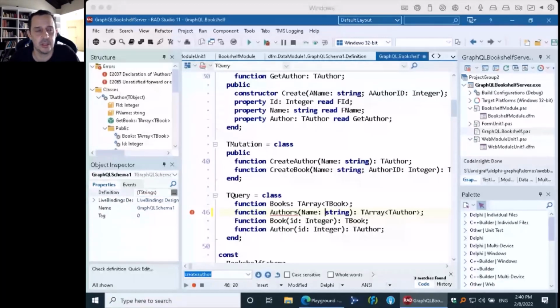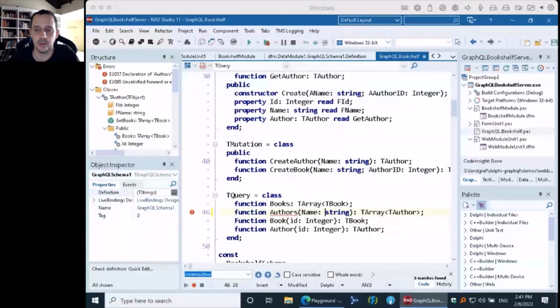But this is just the beginning. The idea here is that we add way more features, tools, integrations with databases, with TMS Business, with Aurelius, that we add more and more things here. That's just the beginning.